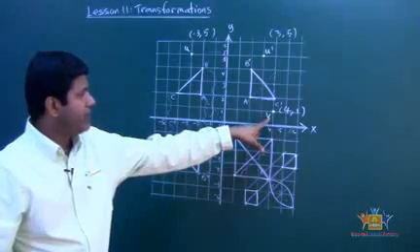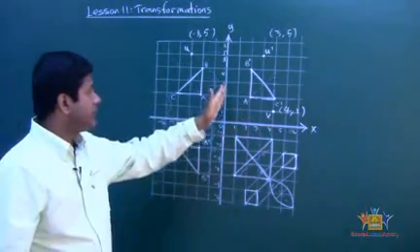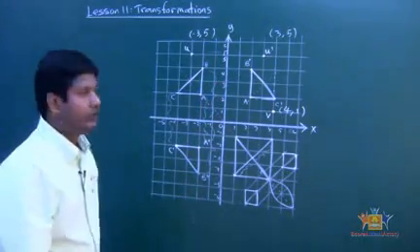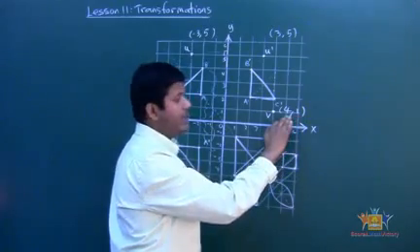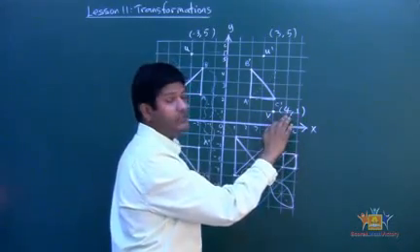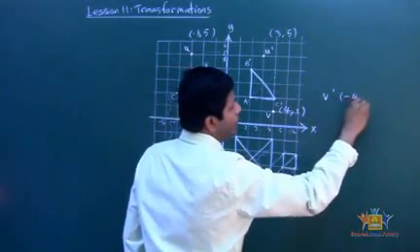Okay, so I ask you to find the image for V with the axis of reflection on the y-axis. So you know it's going to be what? The y is going to stay the same, only the x is going to change, from positive 4 becomes negative 4. So in other words, the V image could be negative 4, 1.